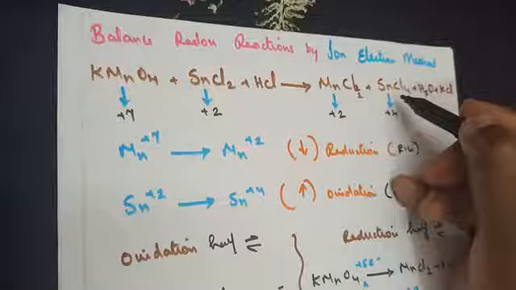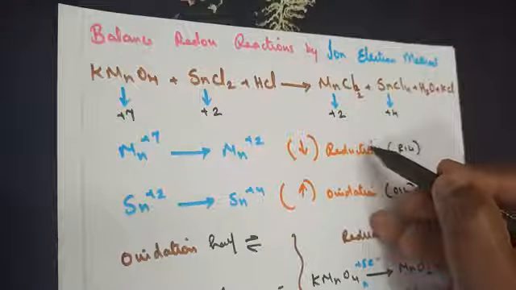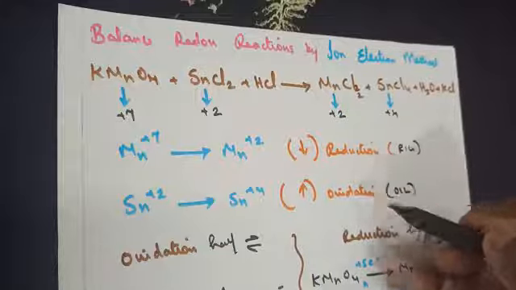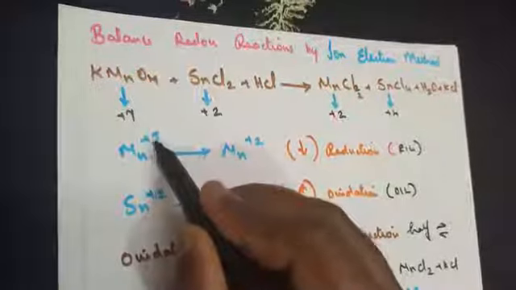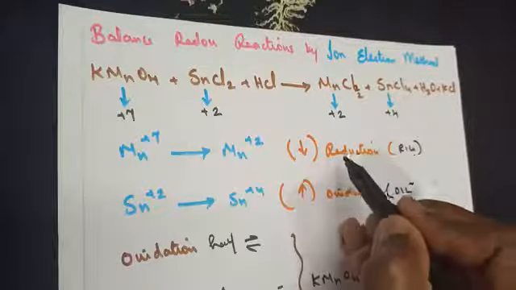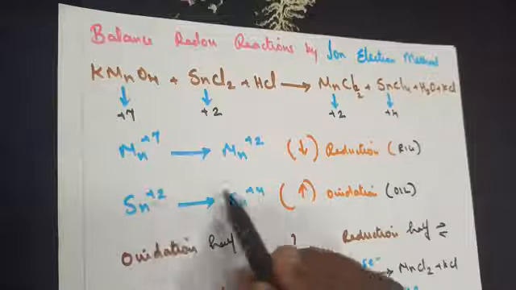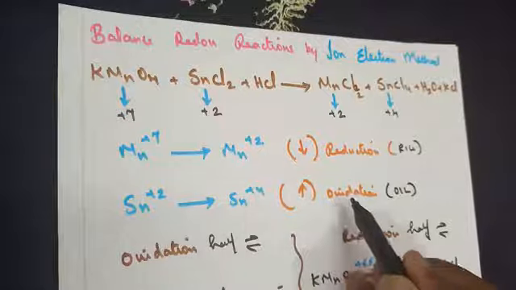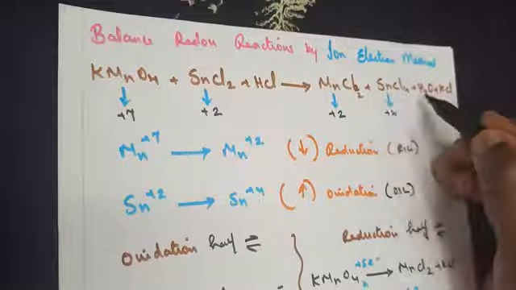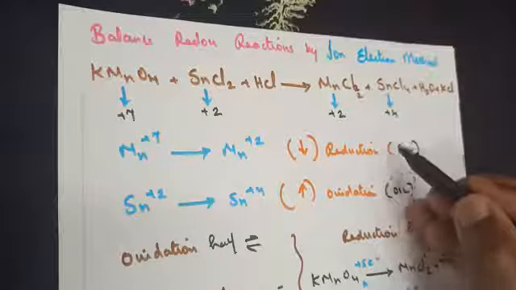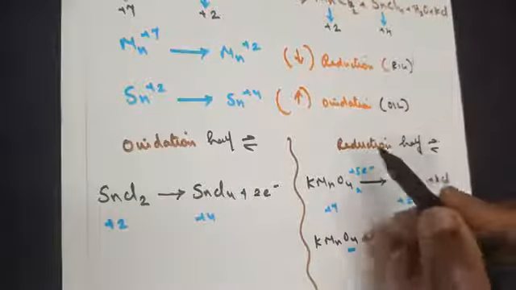After finding out the oxidation number, you need to identify exactly which element is undergoing oxidation and which element is undergoing reduction. What's the clue? I have taught this very clearly in the previous classes. If there is a decrease in the oxidation number, it undergoes reduction, meaning gaining of electrons. If there is an increase in the oxidation number, it undergoes oxidation, meaning losing of electrons takes place. So point number 1, you have calculated the charges. Point number 2, you have identified which element is undergoing oxidation and which element is undergoing reduction.